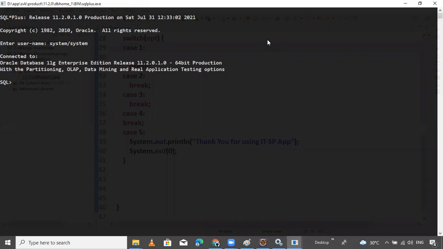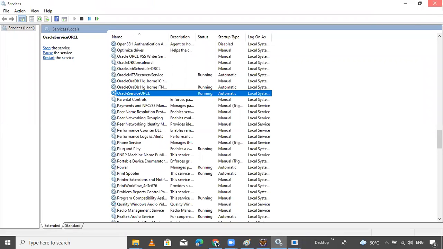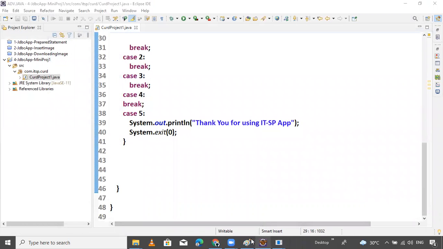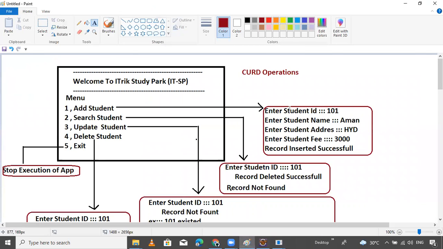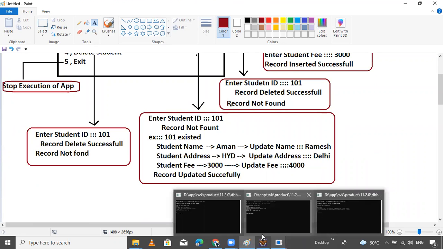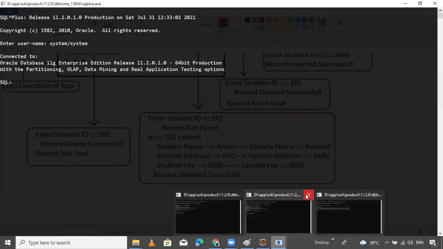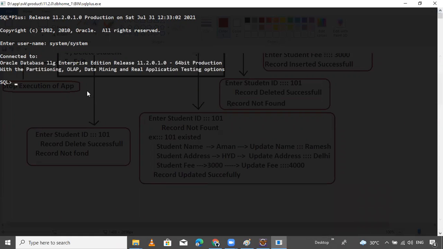Let's first of all prepare one table. So the service is started. First, we prepare one table. Inside the table, how many columns we require, like ID, number, just 4 columns. So prepare these. Now close the other ones, not required. Now here you can create a table. I will share this also, this is create table.